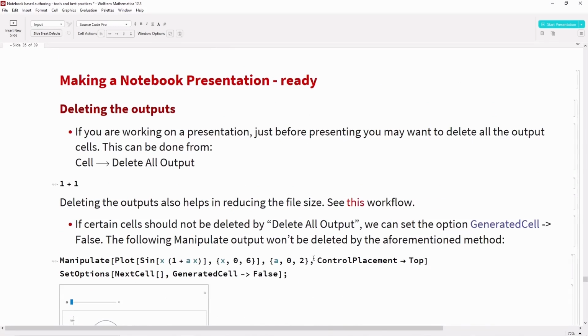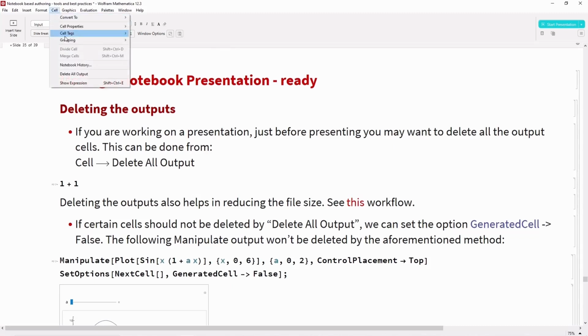When you are giving any presentation, you would like to evaluate certain things. If there is a lot of output in the front end, such as in a dynamic presentation showing dynamic content, then a notebook might get slow because of a lot of outputs present. To avoid that, you can delete your output as you are presenting. So you can make use of the delete all output functionality.